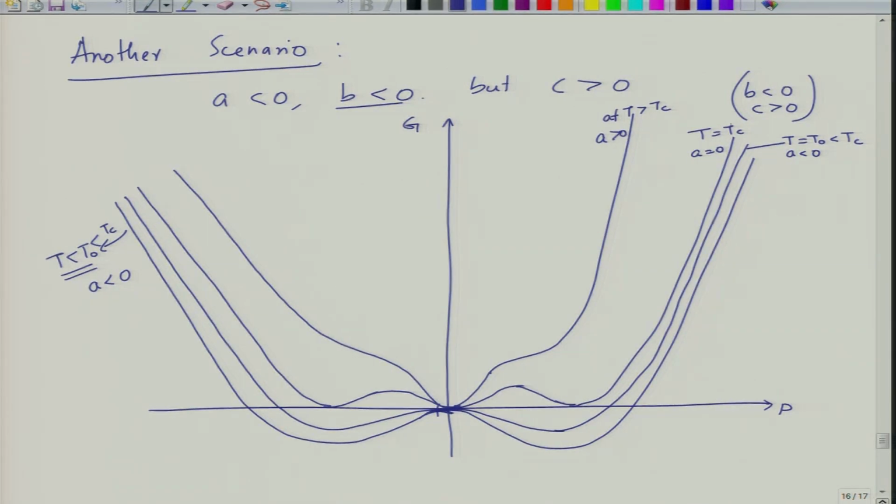At higher than T naught, in the previous case it would have been just one minima, but what we have in this case is that the transition temperature is a little weird here. In the previous case T naught would have been the transition temperature, because you have a situation like this and then you have a single well. But in between, at a temperature called Tc, we have a sort of subsidiary minima at P equal to 0 also. Instead of having a maxima, we have a minima.